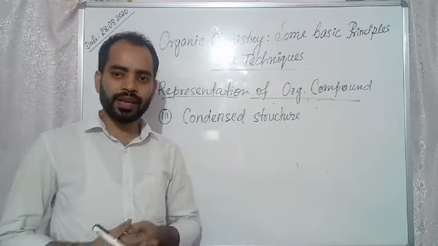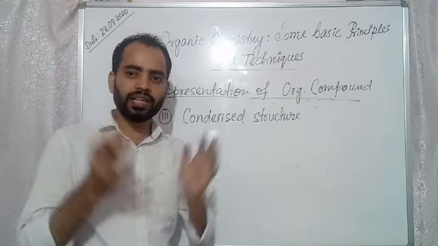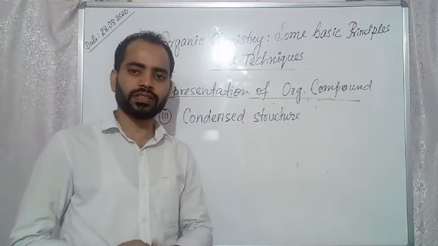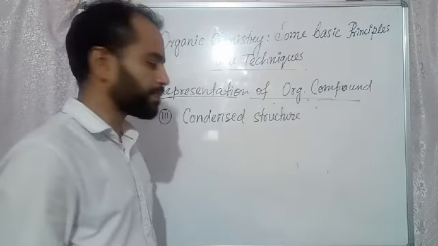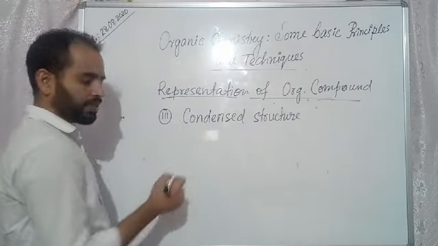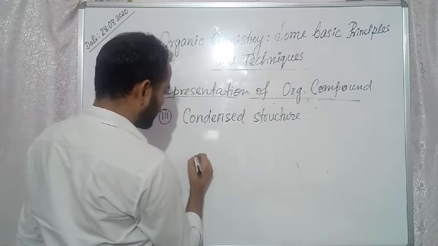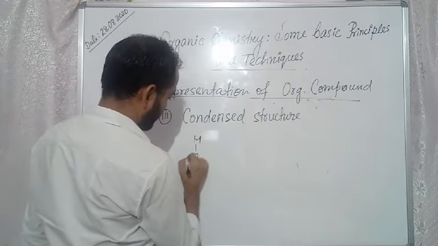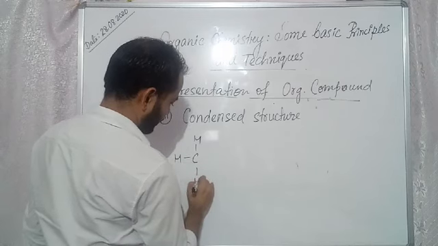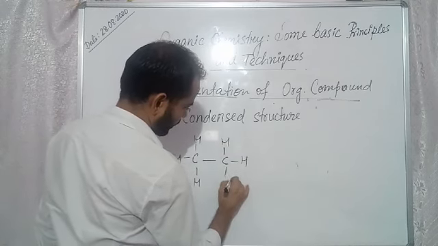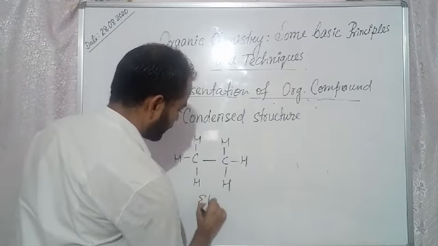What is meant by condensed? To decrease its area or space is called condensation. Okay, it means to minimize the space. That means, as we have seen in case of the ethane molecule, suppose this is the